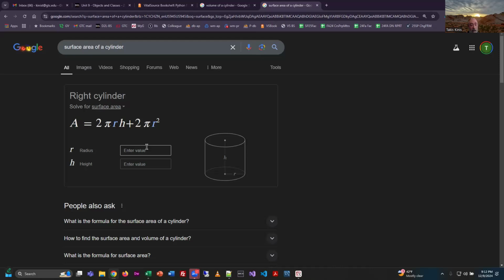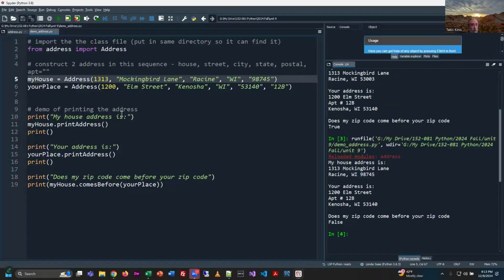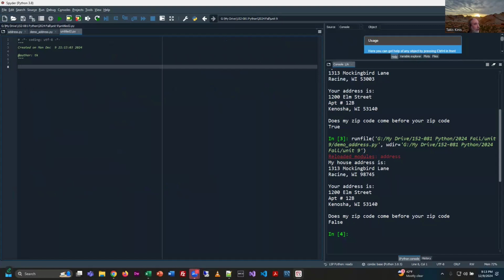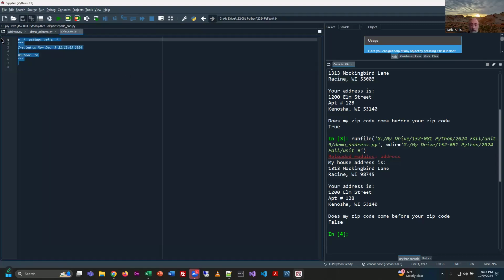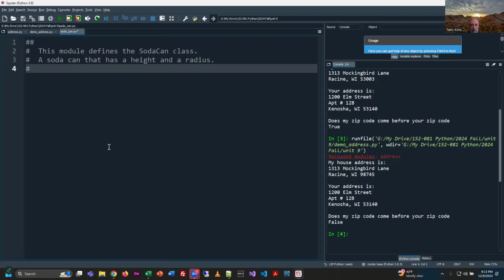All right, let's start by building the class file or the blueprint. So new program, and this one we're going to call soda can. All right, so I'm going to do a save as, and all lowercase here, soda underscore can, right? That, and you could get rid of the underscore, whatever, it doesn't matter what you call it, just remember what you're calling it, right? Getting rid of the superfluous stuff at the top, and then I'm going to put in my little pre-configured descriptor here,